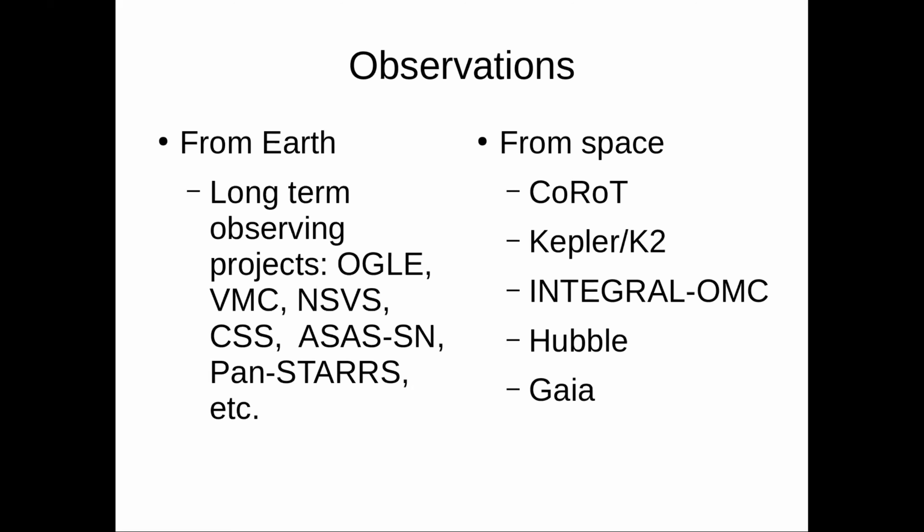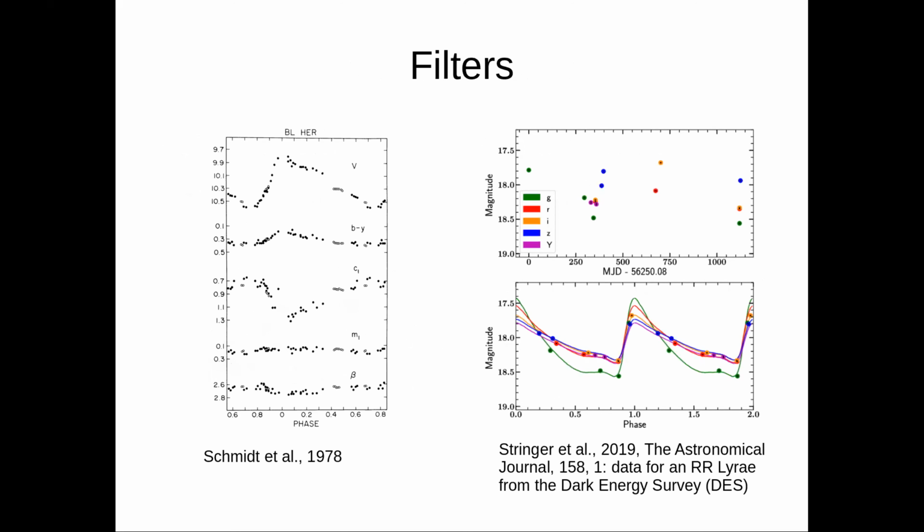It is very strange because INTEGRAL is not designed to observe variable stars, but it has a camera that is observing variable stars, which is very useful. There are observations with Hubble, and there are observations with Gaia. So when we observe them, what is it that we have to be very careful of?